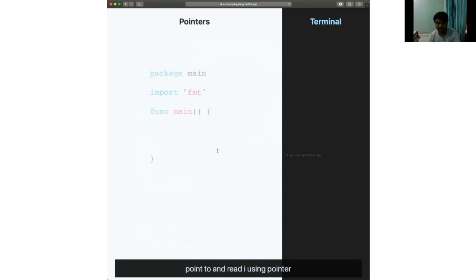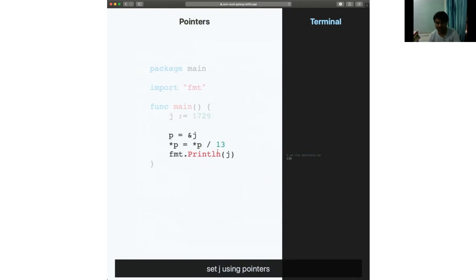And you can also do some modifications. You can edit the values inside pointers. So you can set a pointer to be pointing to j, and then you can have the value inside the pointer be edited.